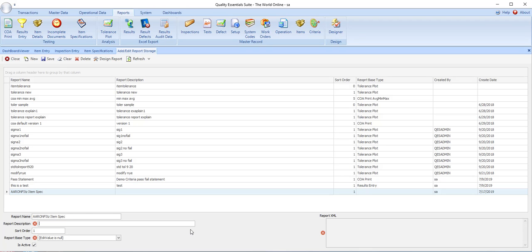And the report description is, this is a customer specific item specification report for Aaron Fitz company. All right, so the report base type is going to be item specification, and then in order to